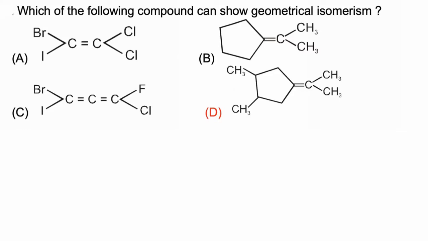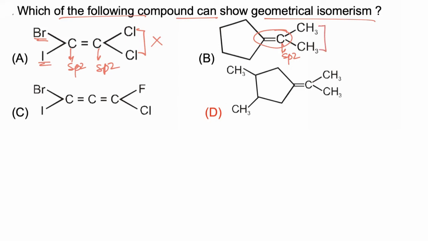In this question we have to find which of the following compound can show geometrical isomerism. Now first molecule is having sp2 hybridized atom, so this is alkene molecule, and at left carbon both groups are different, but at right carbon both atoms are identical, and hence this molecule will not show GI. Now if we consider next molecule, now this molecule is alkylidene cycloalkene. So to show geometrical isomerism, it must have different units on sp2 carbon, but these two units are identical, so this molecule will not show GI.